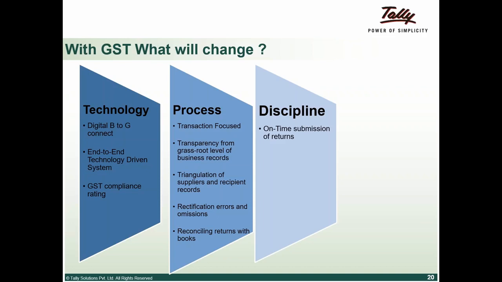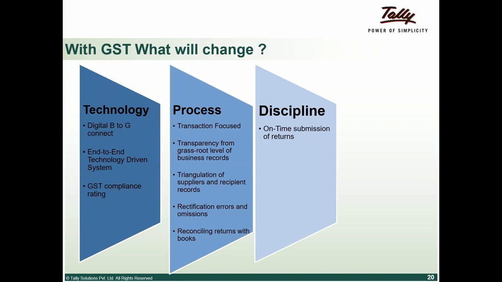So it means my GSTR 1 by 10th I have to submit, my GSTR 2 by 15th I have to submit, my GSTR 3 I have to submit by 20th, and various others, my annual return and other things, right? So why is it very important? One, we saw the input credit mechanism, that if the selling dealer, if you see under GST,